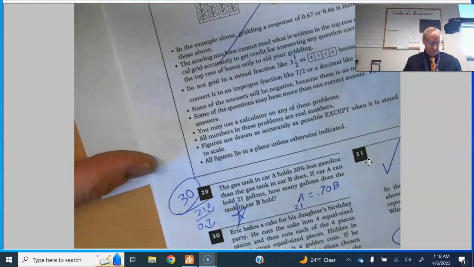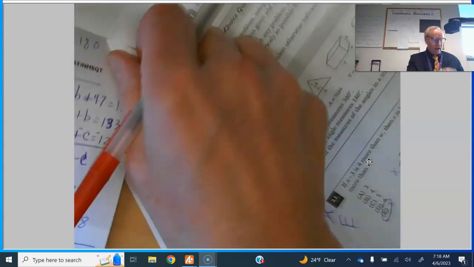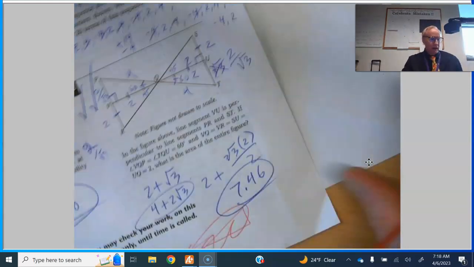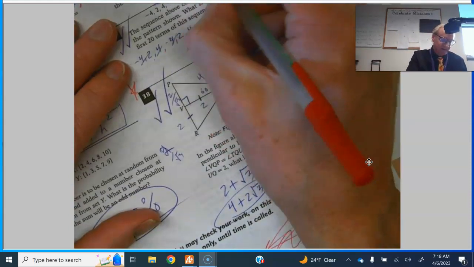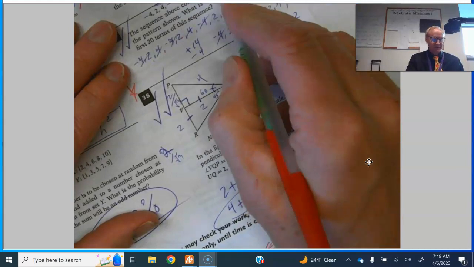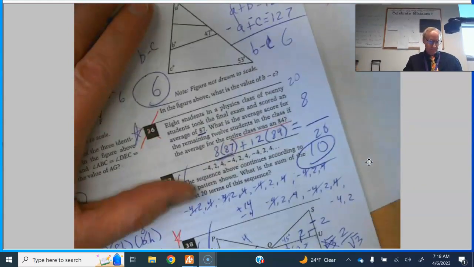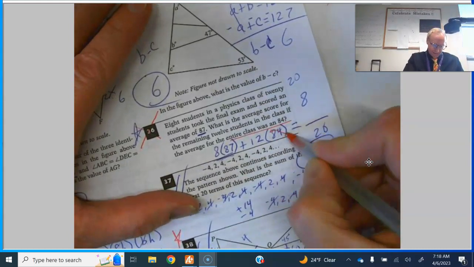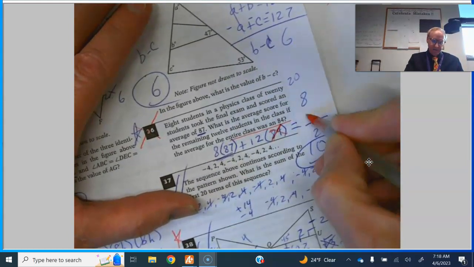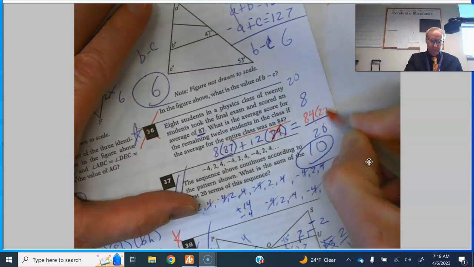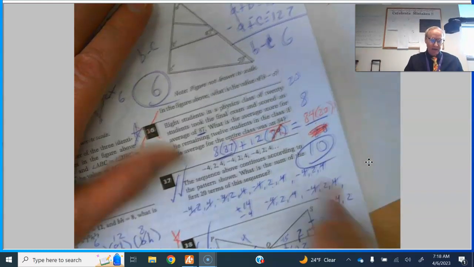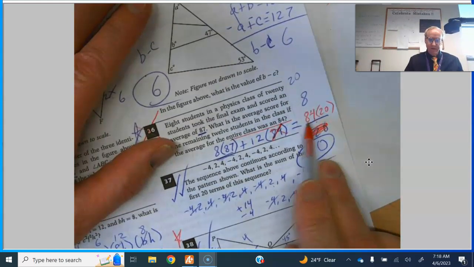My other error was when I was doing my average, I did not read it carefully enough. It says the entire class average was 84. I should have realized that this was a harder question and that this was the X and this was the 84, the entire class average times 20. So now I can solve this. 84 times 20,